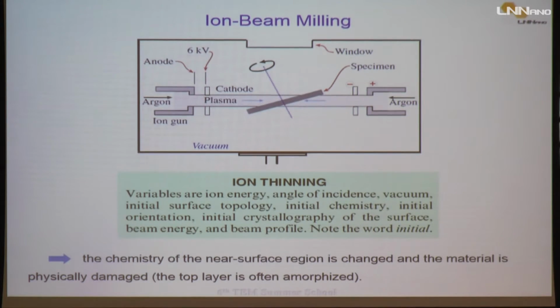The electrons have a very small mass, and the interaction with the sample is dealt with this small mass. But when you have an ion, you have a high mass of the accelerated object through your sample, and then